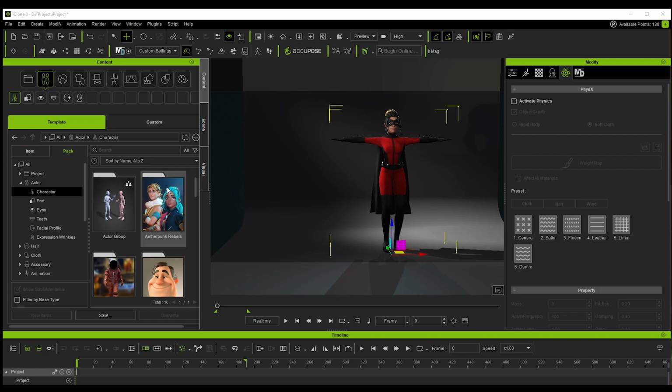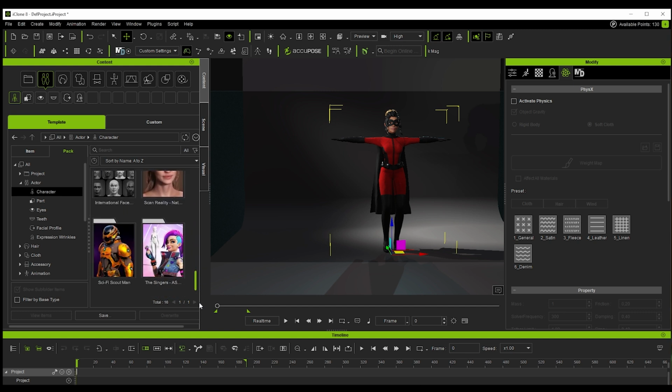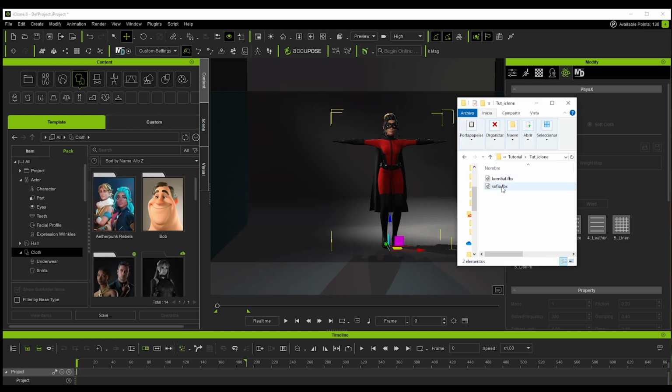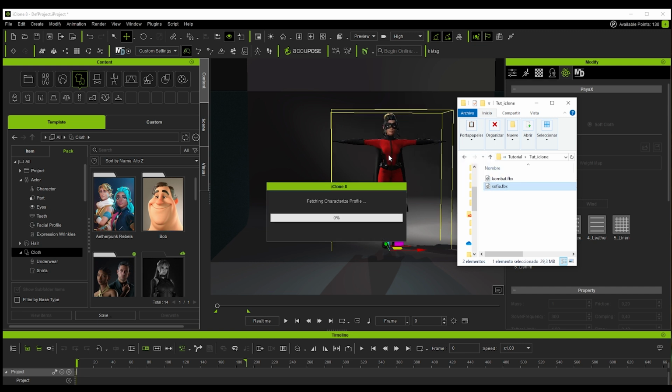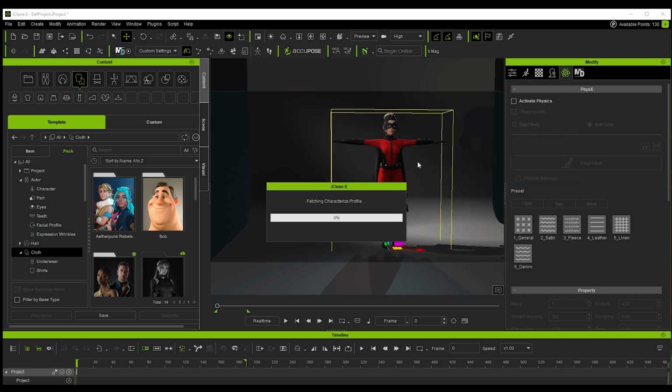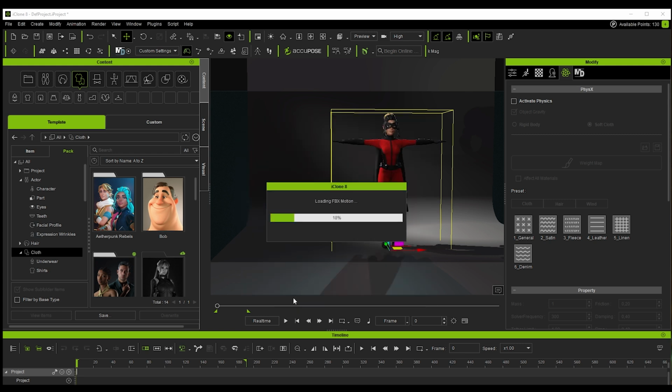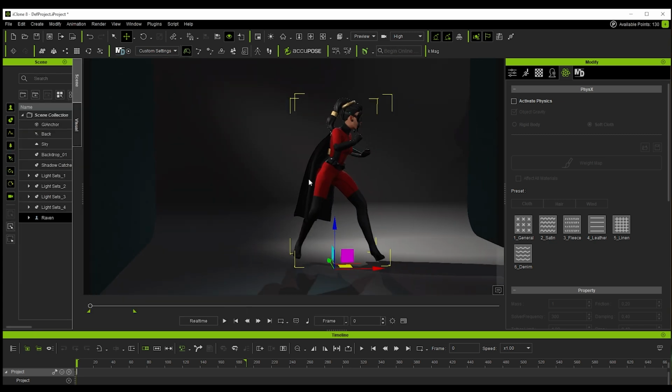Now I'm already in iClone 8. I chose this character and then put the clothes from another character I had here. And for example, this package appears, which is another one I have. So I use one character with another's clothes. And well, with the character here, the only thing I have to do now is import the FBX. And without doing any prior steps, it will recognize that it's from Meshcapade. This tab appears, and here is where we have to change and select our option. We click convert, and now it's going to apply the animation.